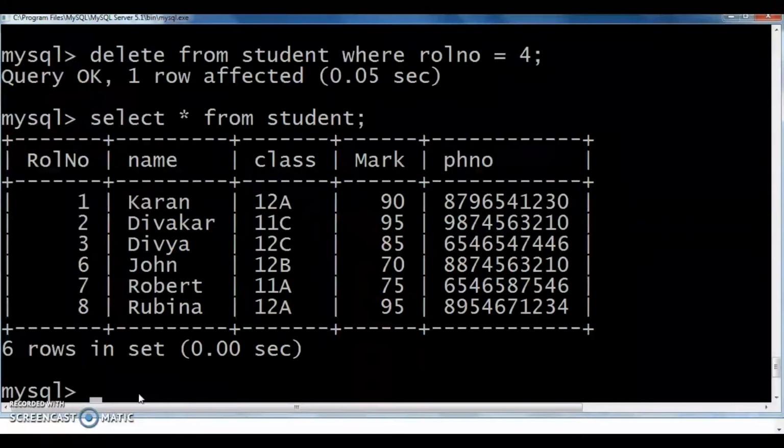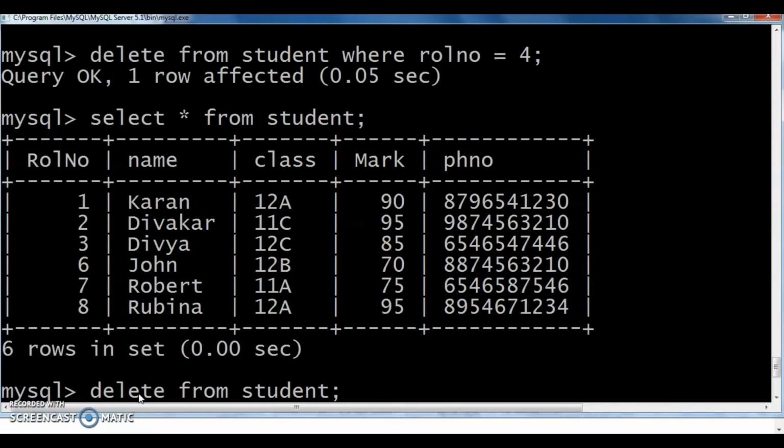Clear? I specified one condition, that is roll number is equal to 4. If any record is satisfying that condition, that record will be deleted from the table student. Then I am giving the delete query without specifying any condition.